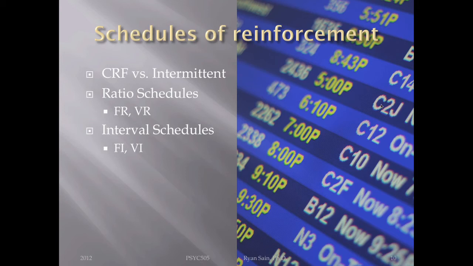Anyway, so the idea with a fixed interval is assuming all these were on time, we would have a good example of a fixed interval. At 7 p.m., the first response is going to be reinforced. So if you are on the bus, or you're there waiting for the bus, at 7 p.m. you will be reinforced by being able to get on the bus. Okay, so fixed interval. First response after a given amount of time has passed will be reinforced, and this just continues on. So an FI 20 is every 20 minutes a response is going to be reinforced.